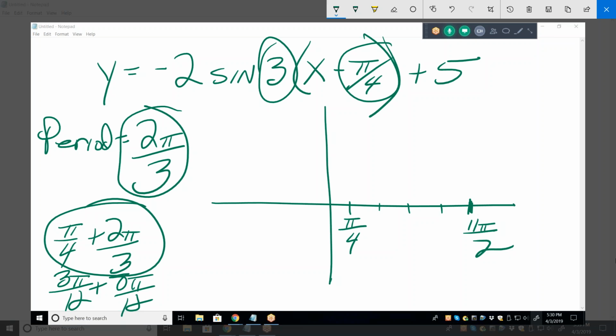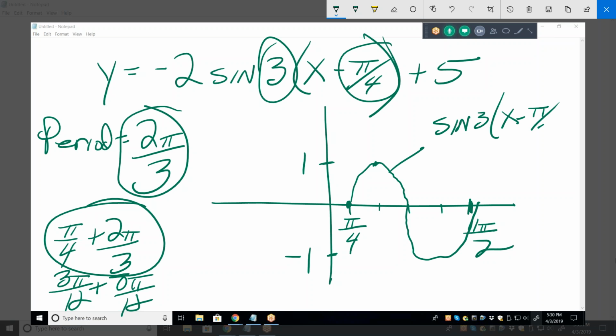And then I'm going to draw the sine curve the way I normally would. Sine curve starts there, goes up to its high point there, goes down to its low point there. Let me just draw a modified version of this function. So this would be sine of 3x minus pi over 4. In other words, I've incorporated the period, the 3 changes the period, and the pi over 4 changes the phase